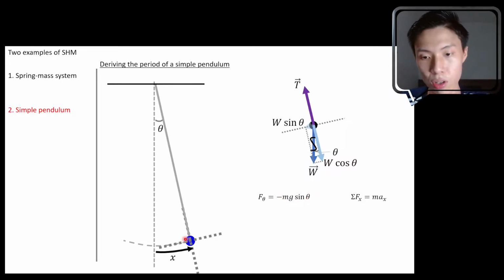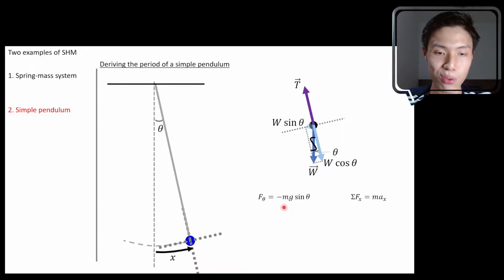Because if your theta is positive, meaning it's an anti-clockwise angular displacement, you get a force pointing in the negative direction. Whereas on the other hand, if your theta is in the negative direction, meaning it's a clockwise angular displacement, then you should get a positive force causing the oscillation. So you need to add the negative here, so that negative times positive times negative gets back a positive force over here. The idea of this negative sign is to make sure the theta and the F theta here have opposite sign. Okay, let's not go too far about this.